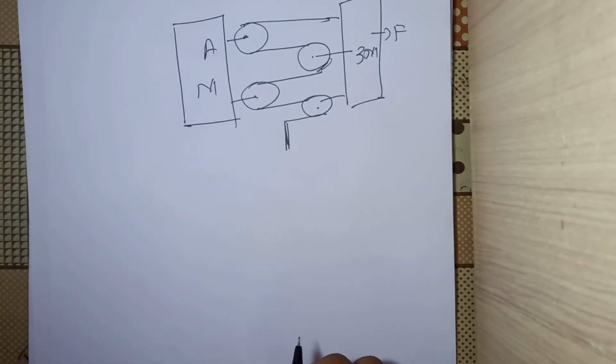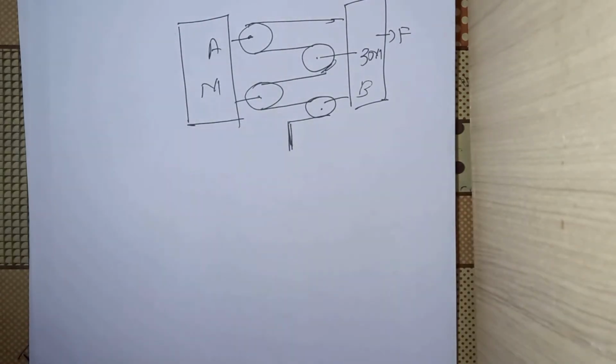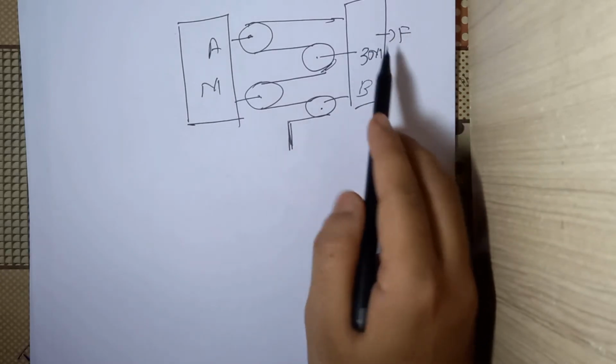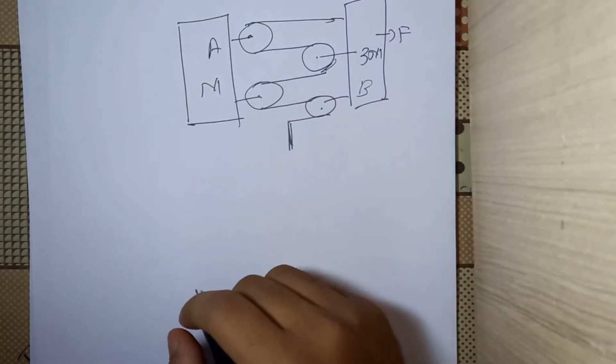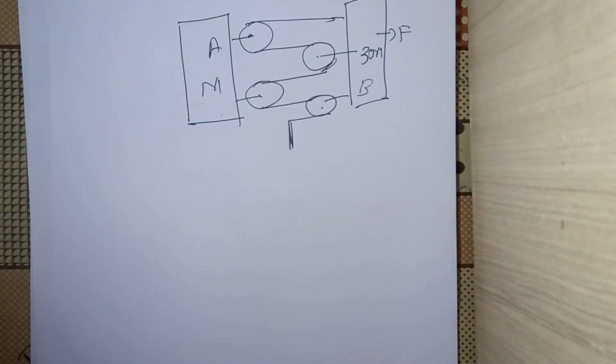So now let us talk about this problem. We are given a situation where there is a block A of mass m and a block B of mass 3m, and then we are applying an external force F on it. So what we need to find is the acceleration a1 and a2 of these blocks. At first glance the system looks a bit complicated, but what we can do is develop the constraint relations, and then we can simply apply the free body diagram equations. So let us try to find the constraint relation first.